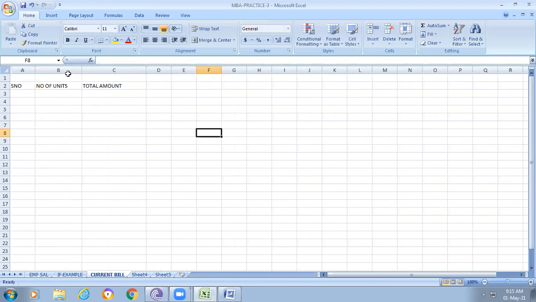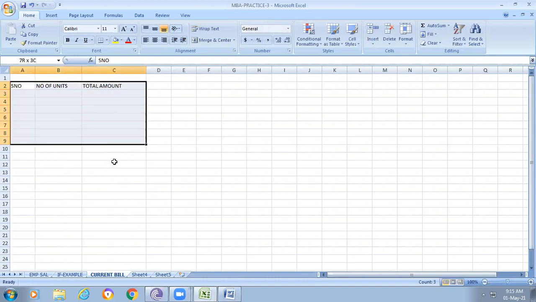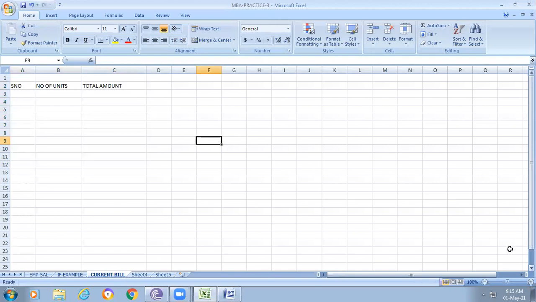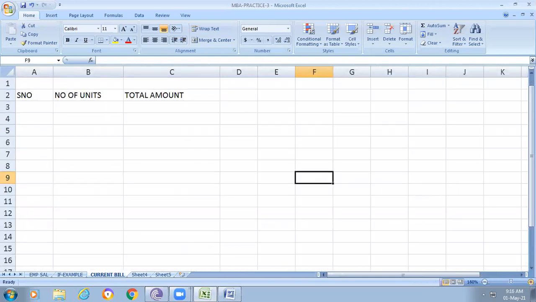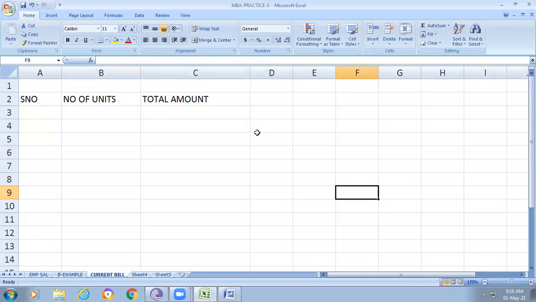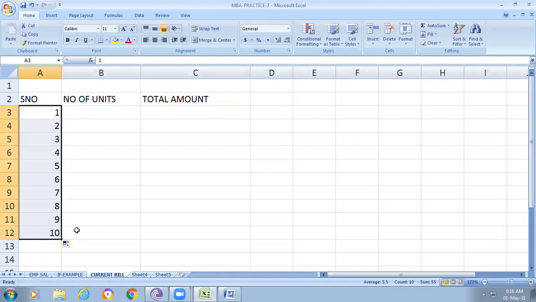Just I adjust the columns, and I change the size. I hope you are able to see now. For example 1, 2, I drag like this up to 10.